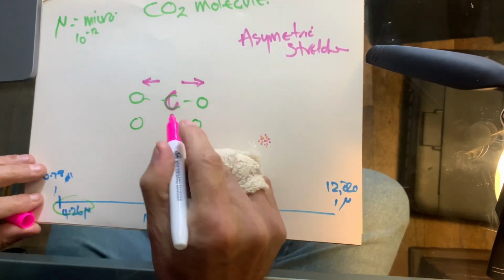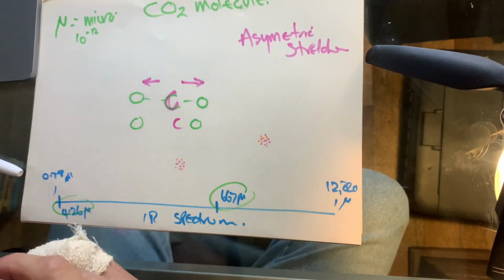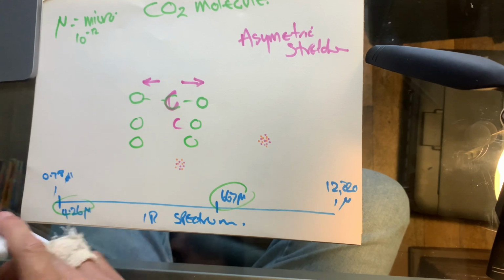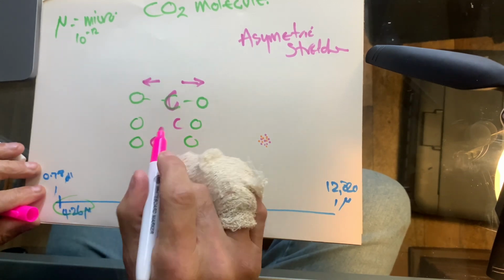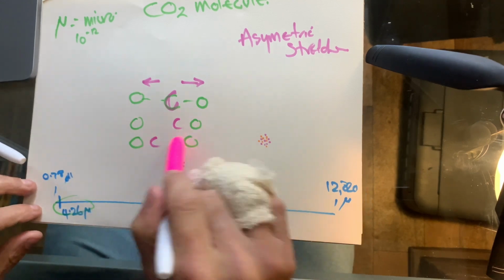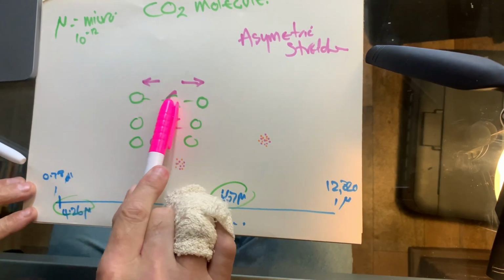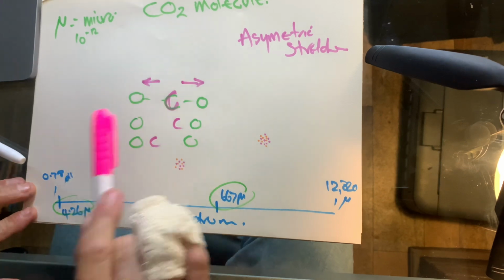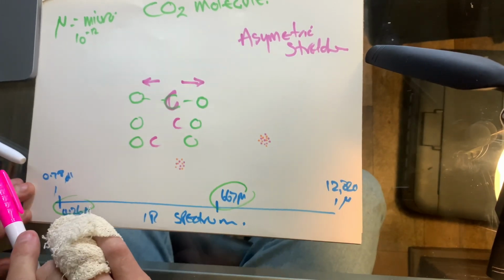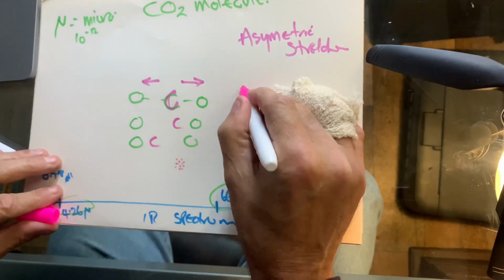Asymmetric stretching would have the carbon come over here, and then a little bit later it would come over here. As the carbon shuttles between the two oxygen atoms, you change